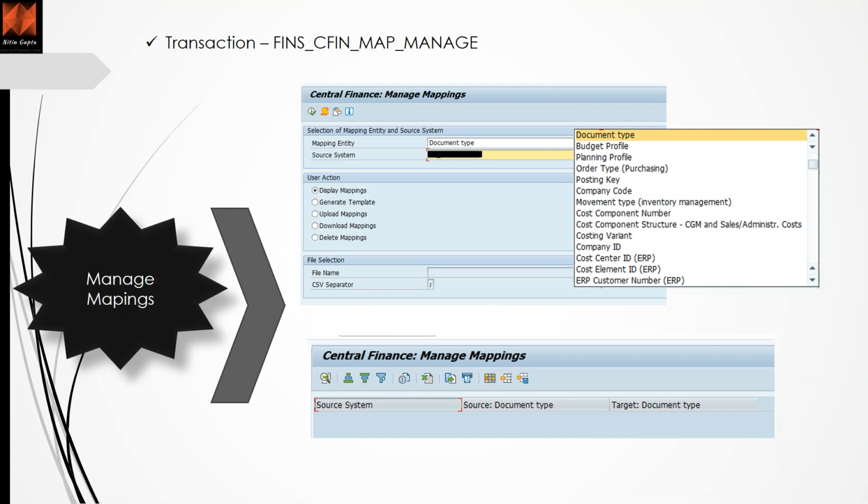So if you have 100 objects and you delete 30, you have to create a file in Excel with exactly what is in the source system and the target system. The best approach is to first download the mappings, and out of the download you say, okay, now I have 100 lines in the Excel, and I want to delete 30. So in Excel, take away all those 70 lines which you don't want to delete, keep anything you want to delete, save it, select the delete mappings option, and upload the file back. The moment you upload, it will delete all those entries which you have uploaded. So that's the way it works, a kind of reverse way, but that's how it works. Anything you upload will be deleted. So this is the easy way.